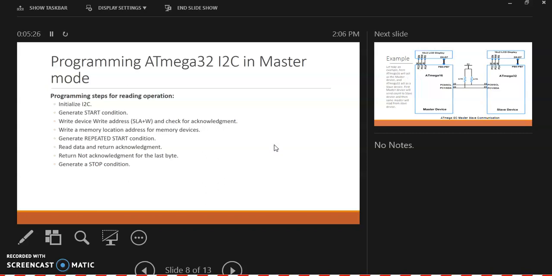In the programming steps for a reading operation, we initialize the I2C, generate a start condition, write the device address and check acknowledgement, write the memory location address of the memory device, and generate a repeated start condition. Then we read data and return acknowledgement, return not acknowledgement for the last byte, and generate a stop condition.